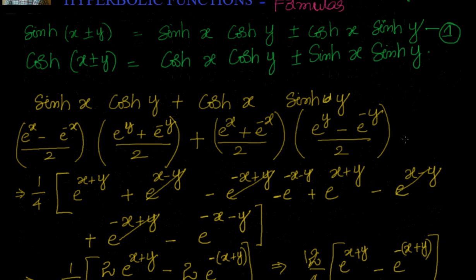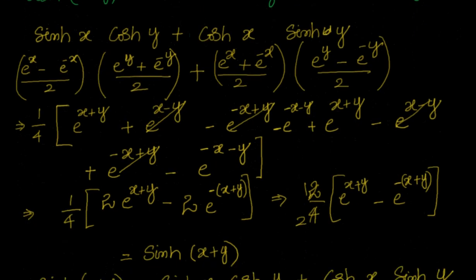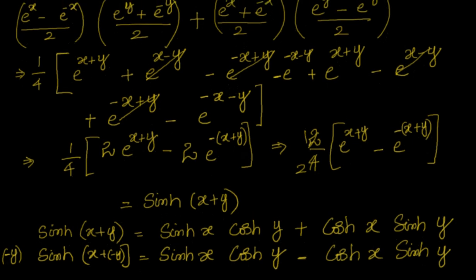You don't need to remember. If it is plus, it's always plus. If it is minus, it is minus. It's not like earlier where you have cos of a plus b equal to cos a cos b minus sin a sin b. But here if you go for cos h of a plus b, it is cos h a cos h b plus sin h a sin h b. So that should be the number one, how we can look into that.